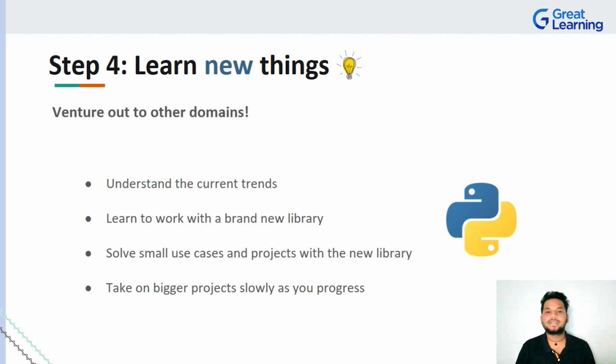Next, look at the second point. It says learn to work with a brand new library. Yes, learn a new library. If you're very good with a data science library, do something very different. Find a web development library and start learning that, and try to work on it to see if you can do something there which can add a lot of value for your learning as